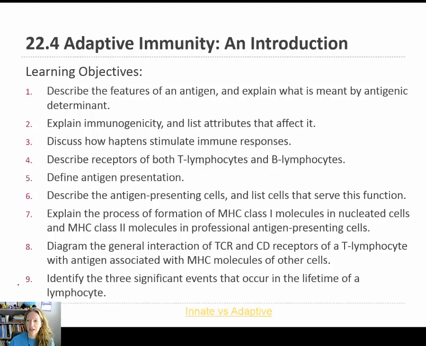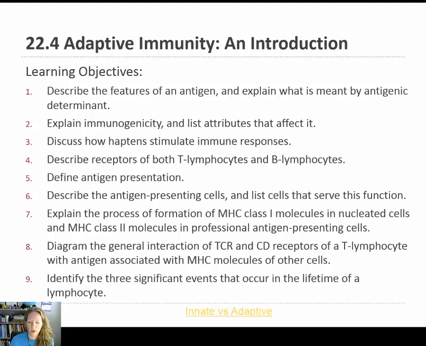Hi everyone. So let's go ahead and take a look at section 4 of chapter 22. We're diving into adaptive immunity here, and this part is just an introduction. We're going to be taking a look at what antigens are, the receptors found on T lymphocytes and B lymphocytes, and how antigen presentation occurs. This is setting the stage before we talk about the actual functions and what takes place in